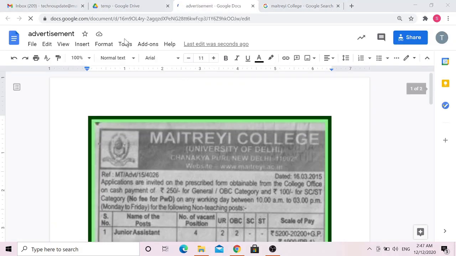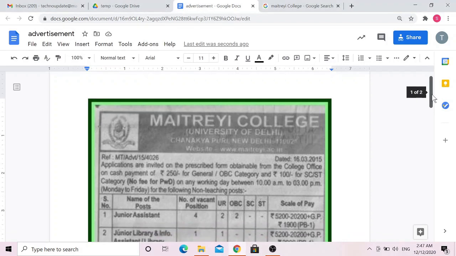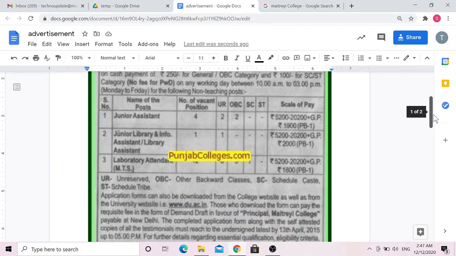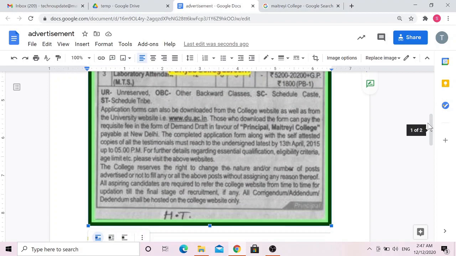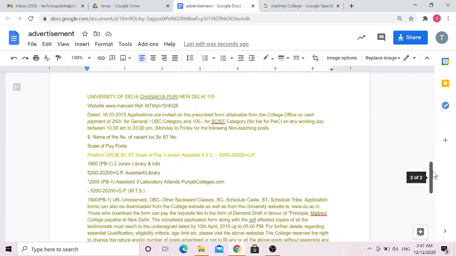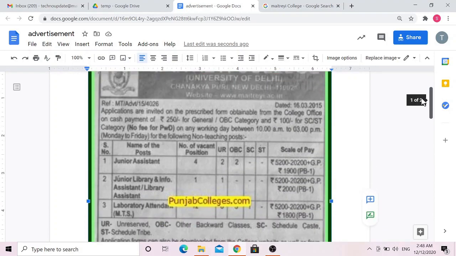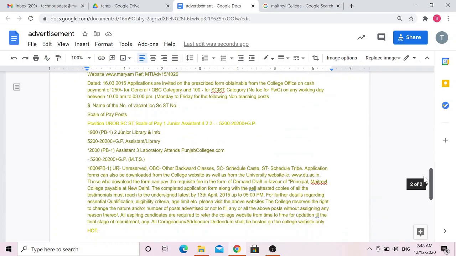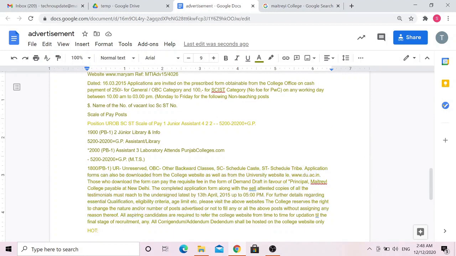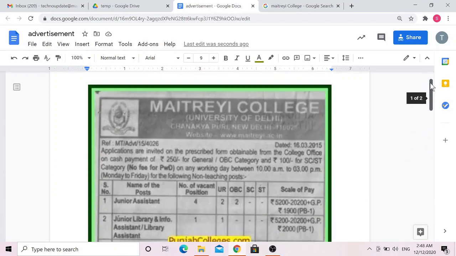You can see here, by opening it with Google Docs, a Google document by the same name is created, and the image is already there in place. Fine. But below the image, it is interesting to note that whatever text this particular Google Docs could identify is mentioned here. So you can easily edit and do whatever changes you want to make in this particular text. And the advantage is you need not type the text.